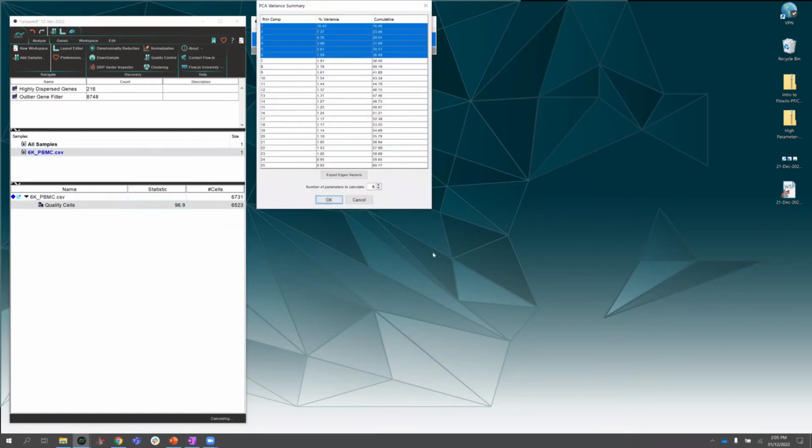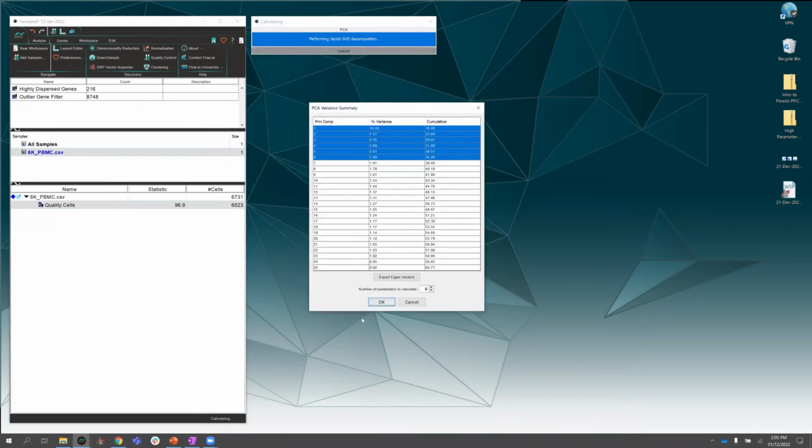All right, now here's our principal components. Let me move my Zoom controls over for a second. There we go. So here are my principal components. I calculated 25, but you may not need all 25, so it kind of becomes up to the user. How many principal components do you want to take into your analysis? Well, you might want to just take